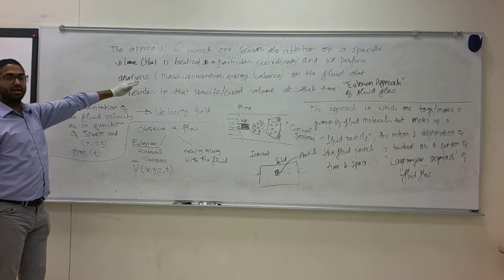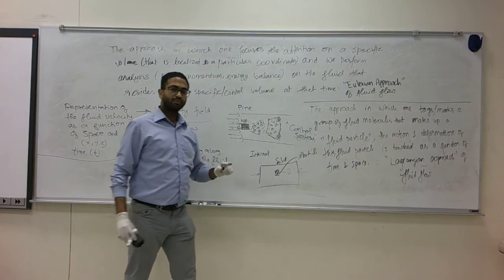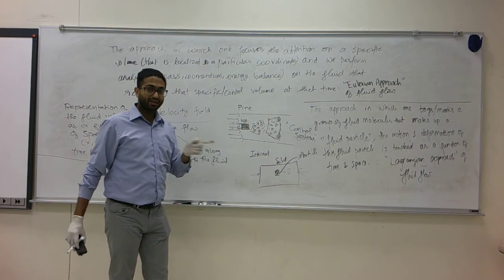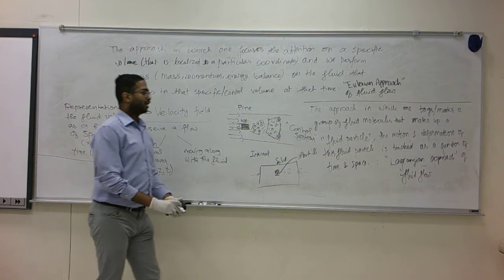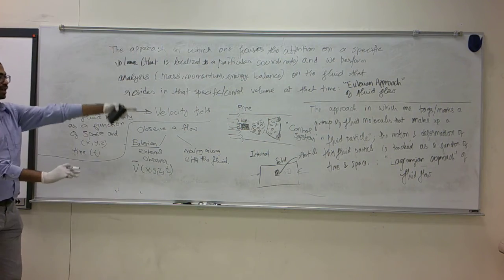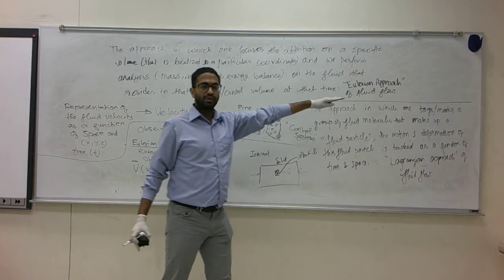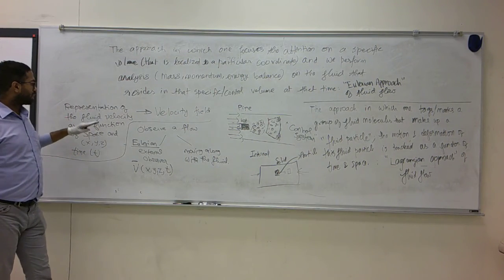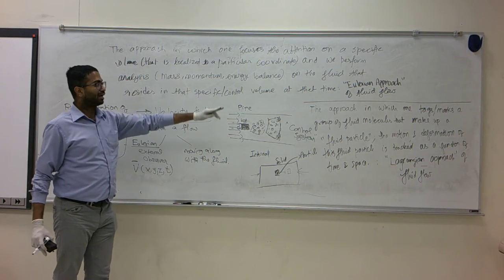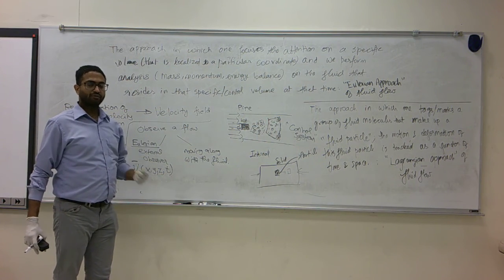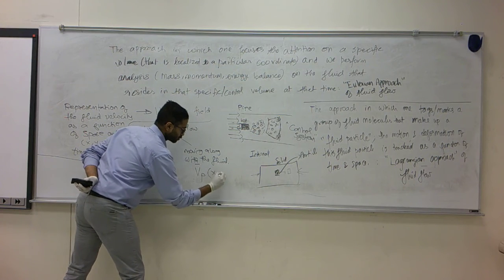Control volume is that you designate a specific volume and observe what goes through that volume. Control system is that you designate a group and you track that system. You track that system as a function of time and space. That is the Lagrangian approach. So Euler and Lagrange obviously were the people who were behind this school of thought. One of them, Euler, developed the equations to describe the behavior of fluids for an entire field, whereas Lagrange developed approaches to describe the velocity of a fluid particle. So in his case, we use velocity of a particle x, y, z, t.